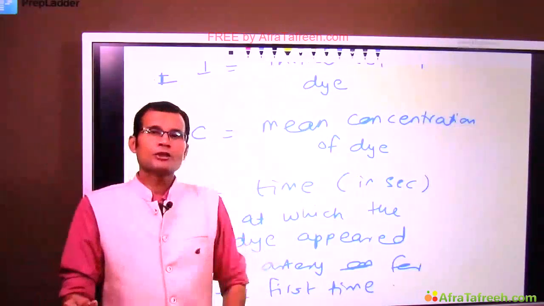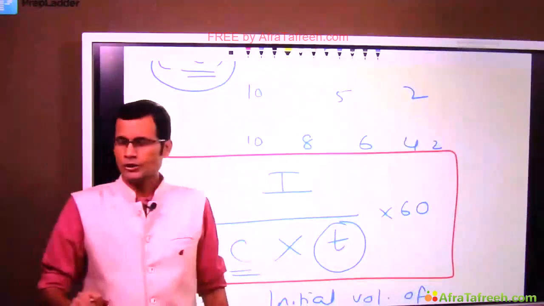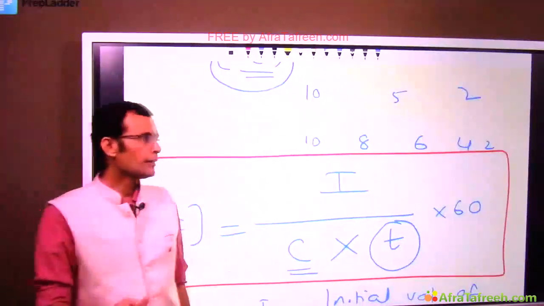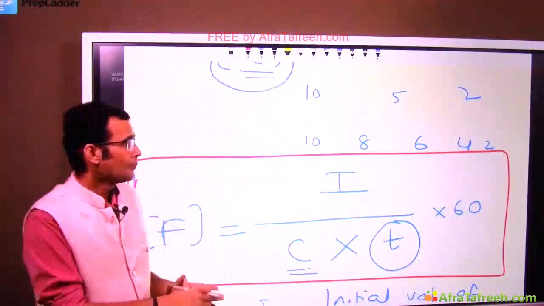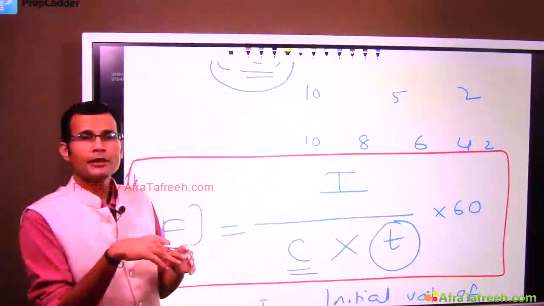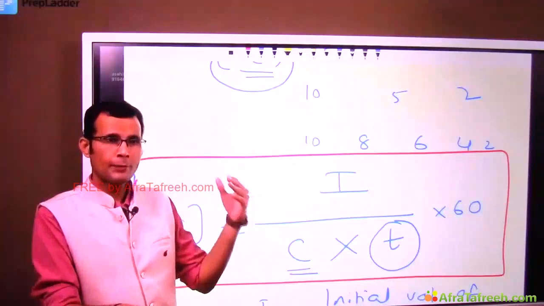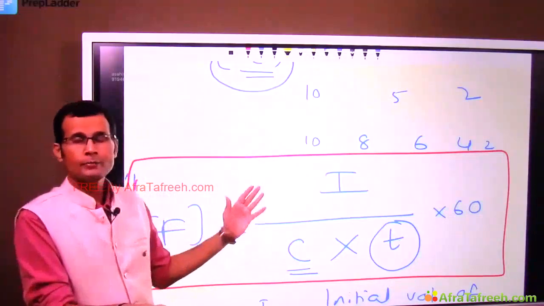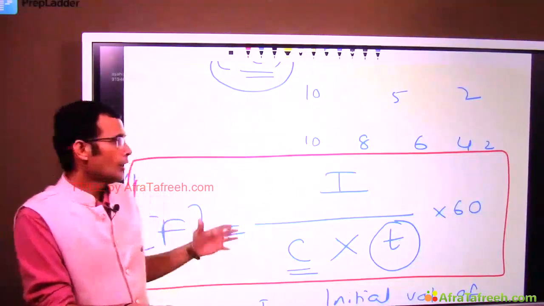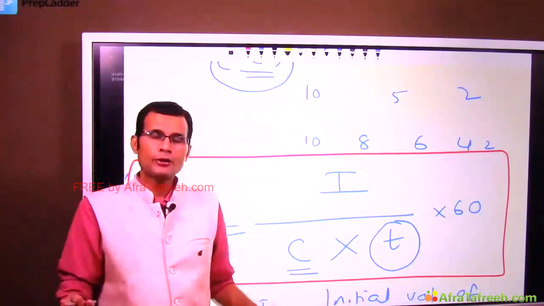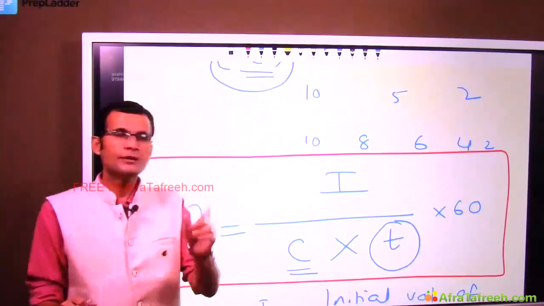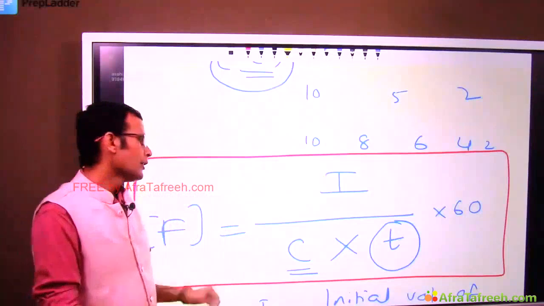Now coming to our question, the first question which I asked you: a dye is leaky. It leaks out of the capillaries very rapidly. How will it influence the measurement of cardiac output by this principle? Well, there will be no effect on cardiac output measurement, because this is a trick question actually. Why? Because